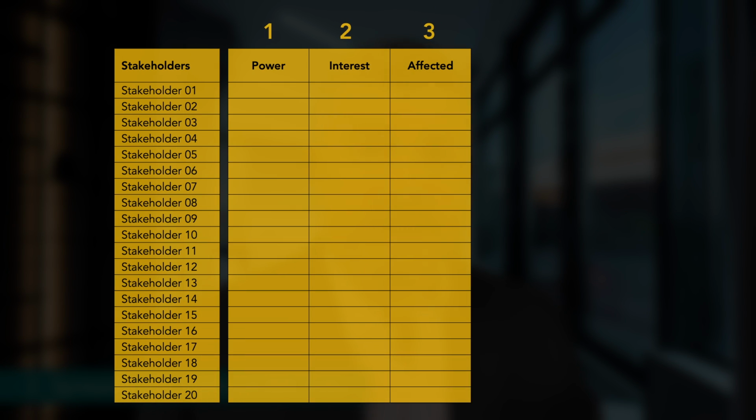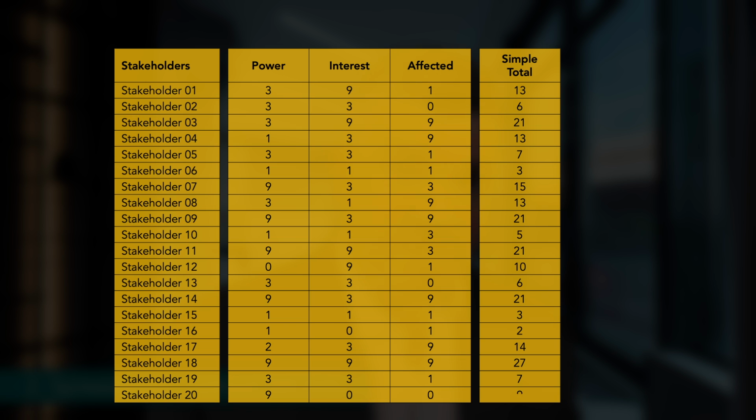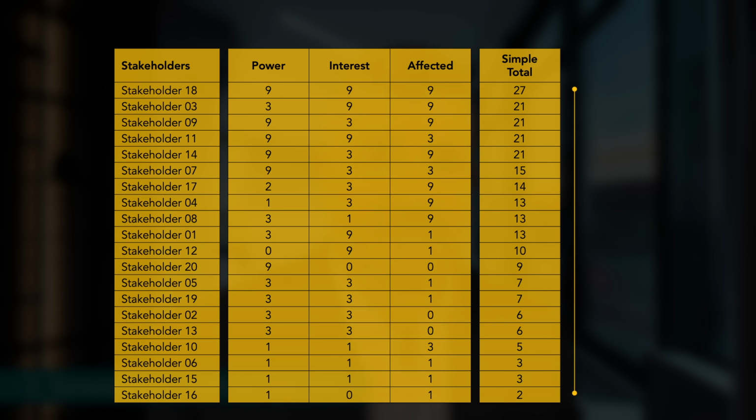So whatever dimensions you choose, you stick them in there and rate them against those criteria. I personally like to use 0, 1, 3, and 9 scoring because it helps separate my stakeholders out more easily, which you'll see in a sec, but you could just as easily use 1 to 5, 1 to 10 scoring, or whatever you like. Now, once you've done that, then simply add up the scores in a total score column to rate each stakeholder, and then sort this column in descending order and create cutoff points to group your stakeholders into those who require most attention down to the ones requiring the least attention. And you can decide how many groups you want in there. I've got 3 in this example, but be warned that more groups means more complication and more work later.